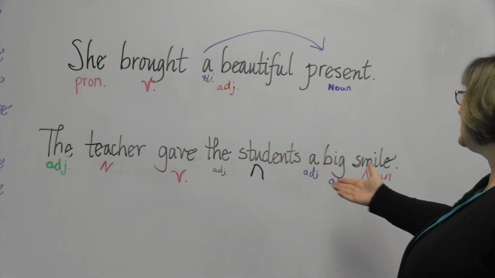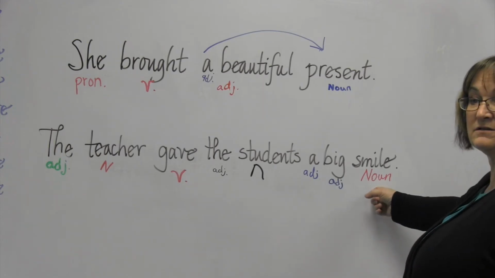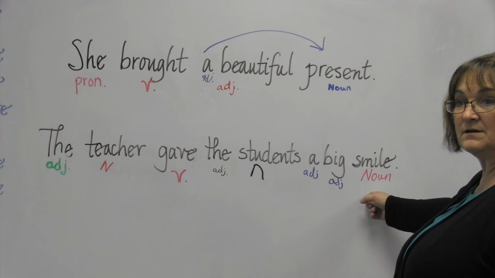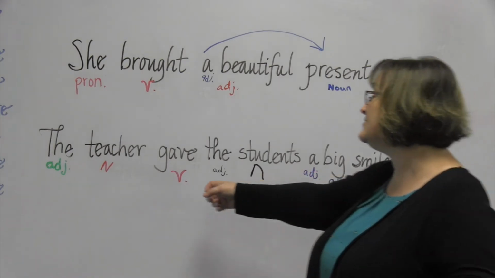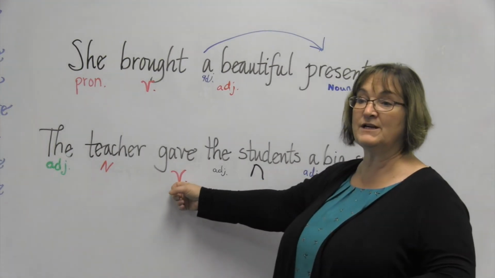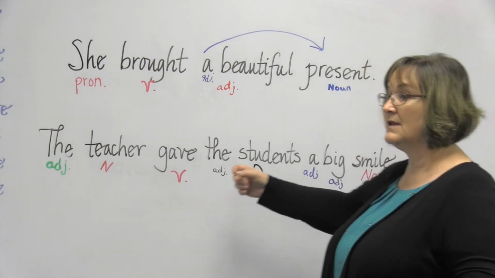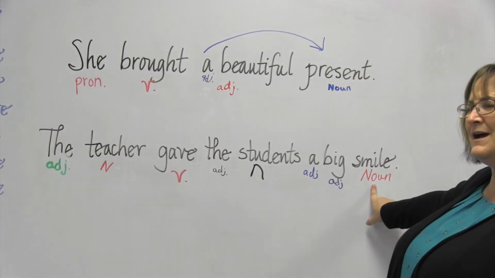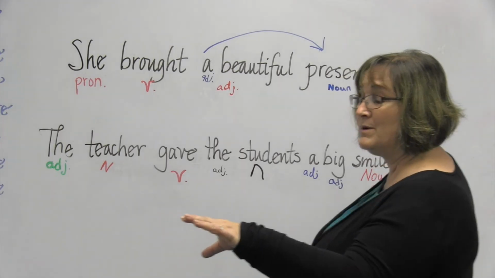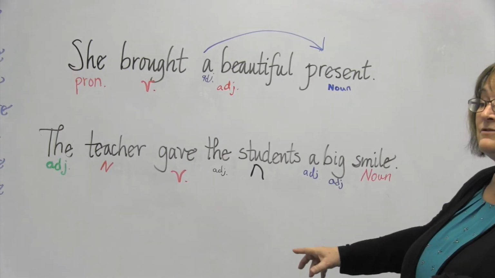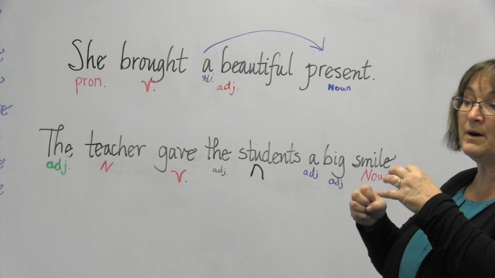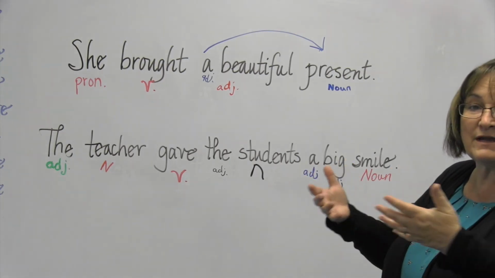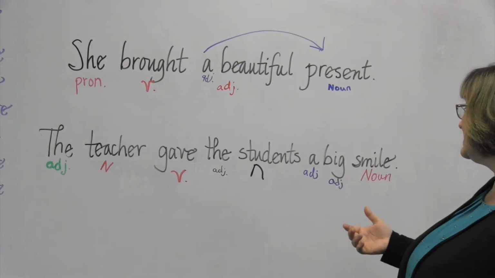Is that what's going on here? Did somebody do this action? No. Is this saying the teacher smiled? Oh, the teacher gave. Here's our verb. The teacher gave. What did she give? A smile. A smile. And this, how do we know this is a noun? I'm so glad you brought this up because there are a lot of words in English that can be more than one part of speech depending on how they're used in the sentence, depending on how they relate to the other words in the sentence.